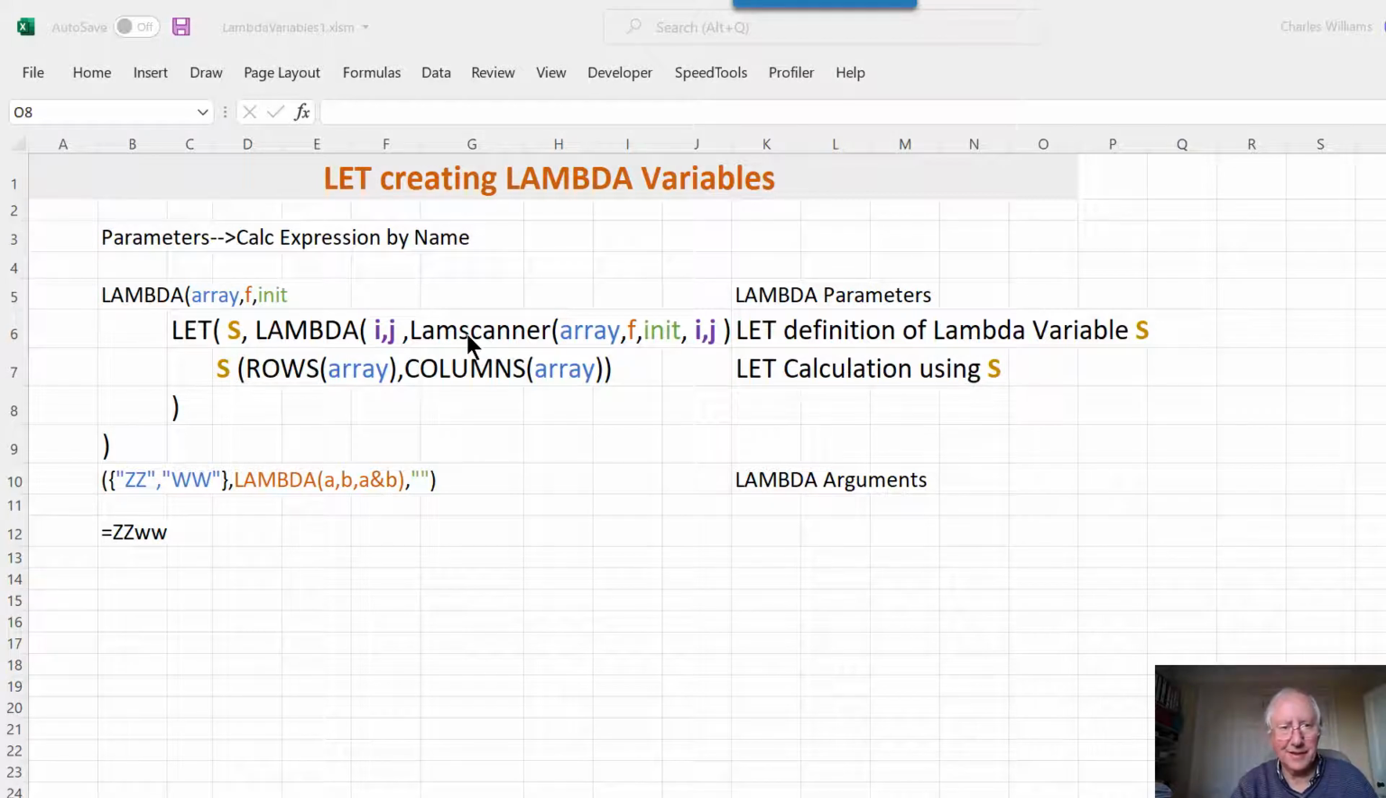I'm not going to go into what that does, but it's passed these arguments: array, f, init, i, and j. So array is going to come from the first parameter of the lambda because we're passing by name. The f is going to come from the second parameter of the lambda because that's passing by name. Init goes to here, and the ij comes from the ij of this lambda,